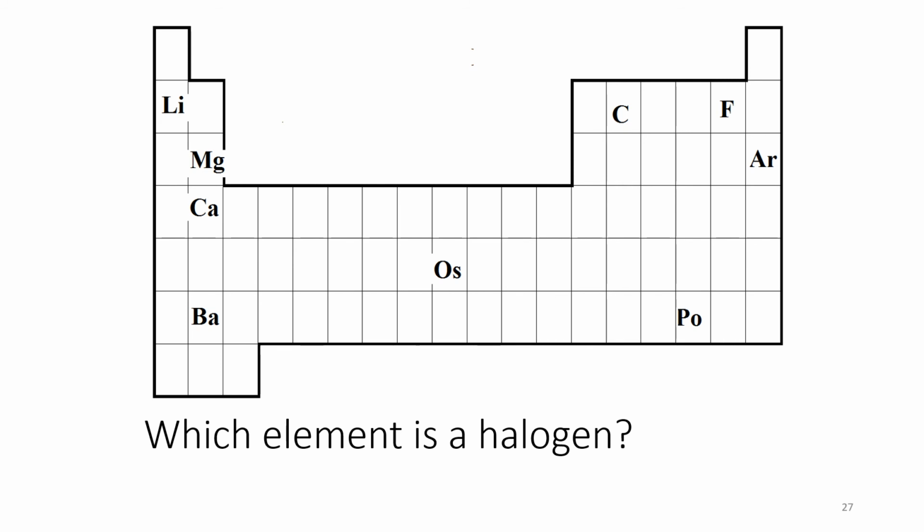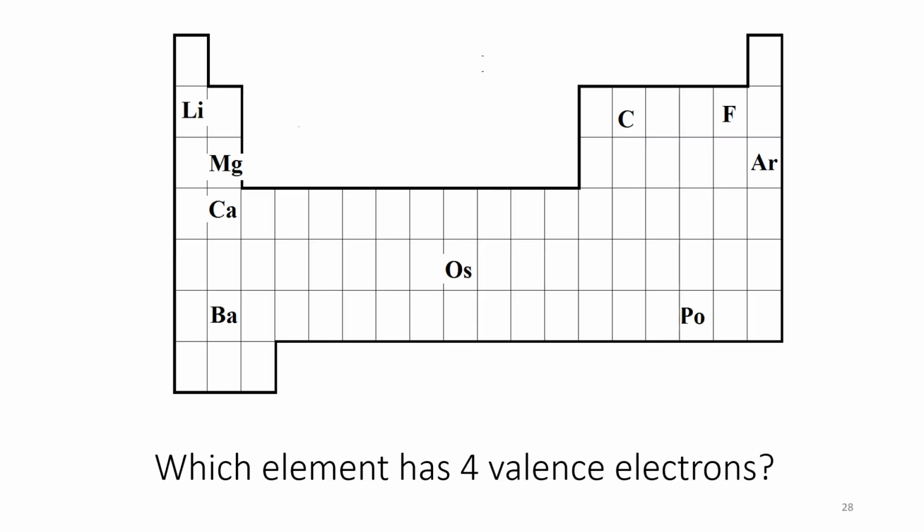So using the elements that have been identified on the table shown on the slide, which of the elements is a halogen? So I have to remember that halogens are in group 17. In group 17, the only element that has been identified is fluorine. Question number 2, which element has 4 valence electrons? So remember my valence electrons, I can just number my tall groups: 1, 2, 3, 4, 5, 6, 7, 8. That tells me my valence electrons. So the only one that has 4 would be carbon,